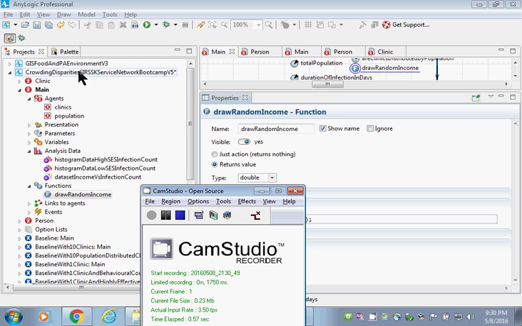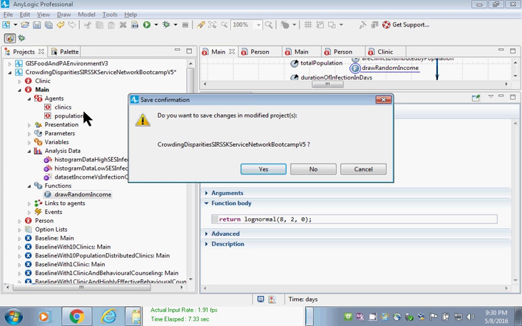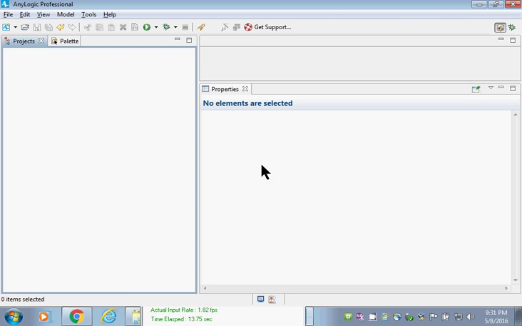And we are going to close all the models that we have opened. So you can do File, Close All, or you can right-click and close all, etc. Okay, so